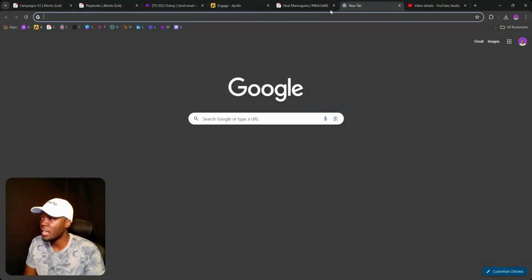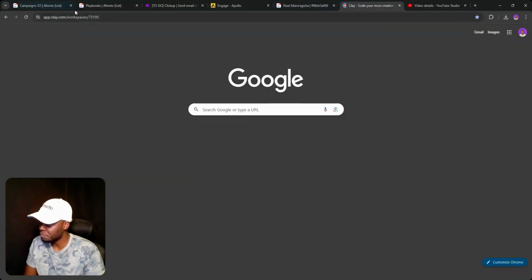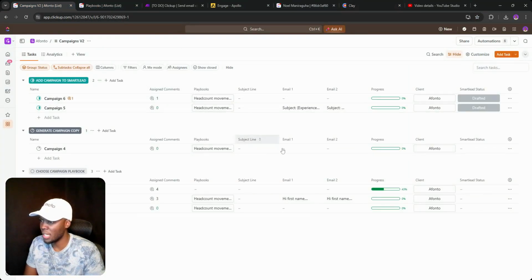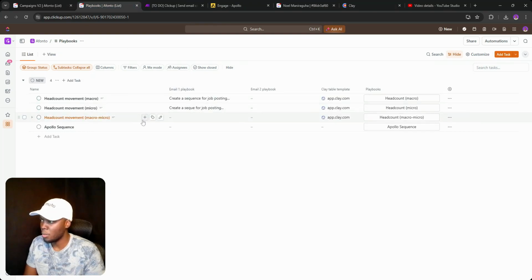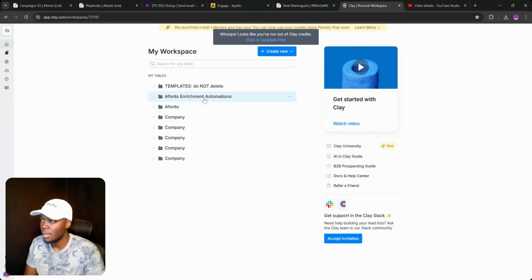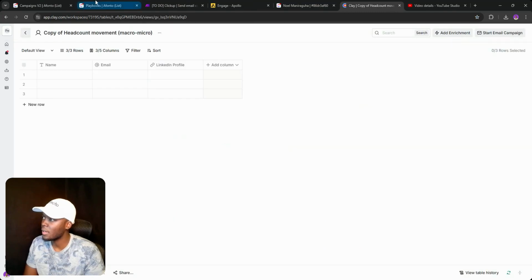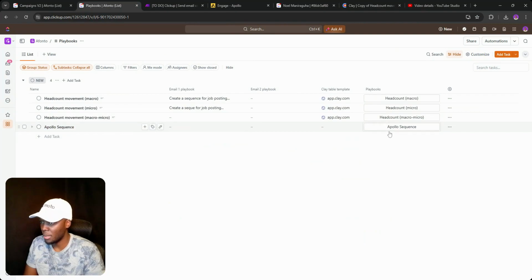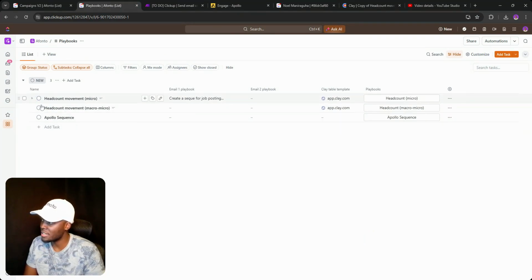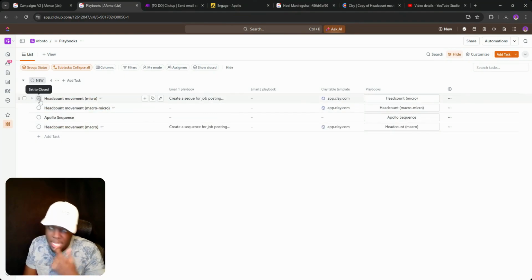Another thing, we've got to go to Clay. And because we've got this new Apollo playbook, we also have to create a Clay table template. So template, and then it's campaign playbooks, and then let's go ahead and duplicate this and then call this one Apollo sequence. Probably should have, like, yeah, because the only sequence right here,